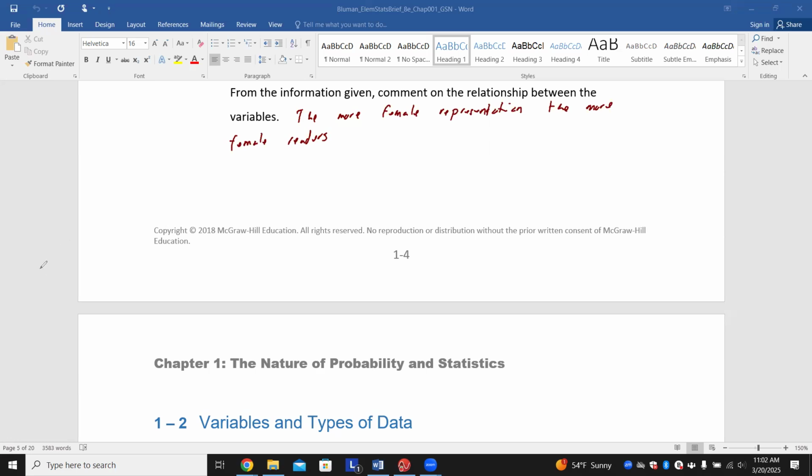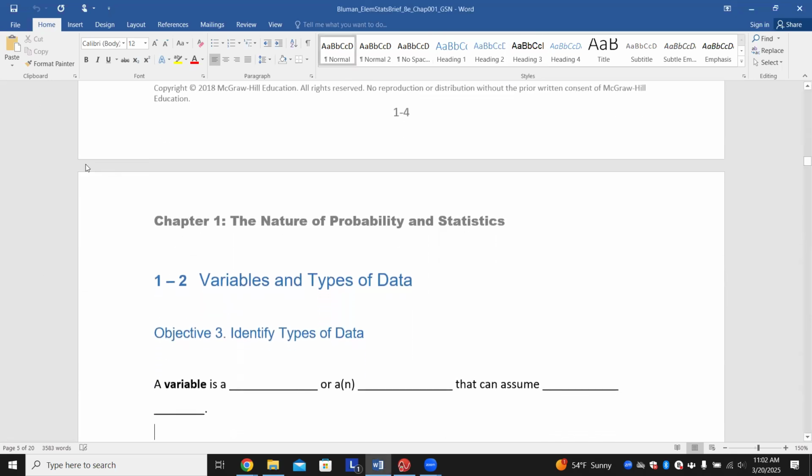All right, so that's your 1-1. And on your homework, it is just chapter 1, so it's over all of this stuff. The rest of the chapters are broken down by section. So that's kind of why I'm making this lecture all of chapter